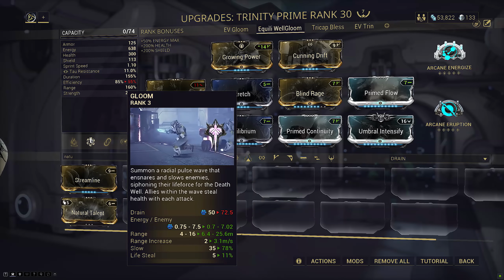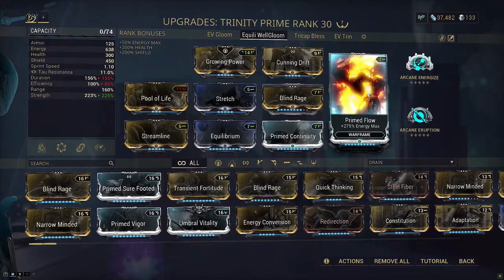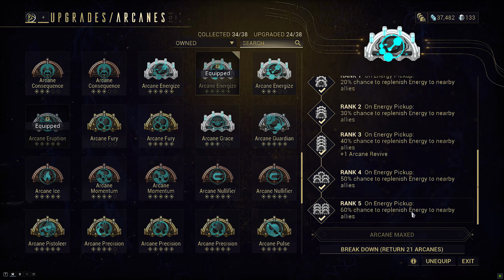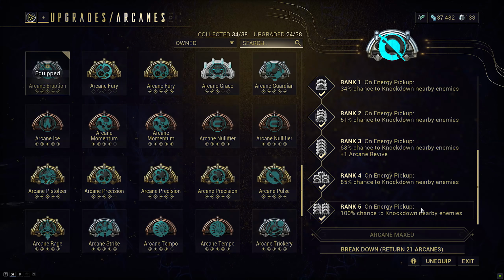Additionally, even though you only have 55 efficiency, you have a massive 638 energy pull because of primed flow, so you can take full advantage of this with Arcane Energize, which procs on energy orb pickups. You basically have energy orbs on demand from her 1. Although it doesn't drop energy orbs guaranteed, this also synergizes with her strength since the energy orb drop chance scales with it. Finally, because our energy regen strat is from energy orb spam, we're gonna slot on Arcane Eruption, which doesn't have a cooldown and gives an AoE knockdown to all enemies in range every single time you pick an